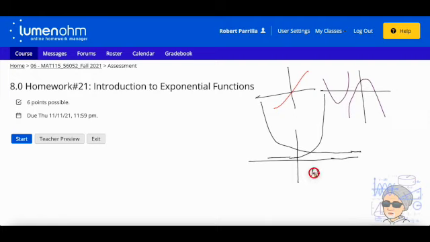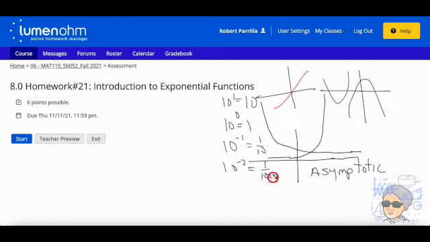And when that happens, we say that it is asymptotic. It's an asymptotic curve because it never quite touches the x-axis at any point. And the reason for that is that it can't, because there's no exponential function. Even if you go down to zero, that's not going to give you a y of zero. You're always going to get some value. Like the lowest you can go, remember the functions: 10 to the first is 10, but 10 to the 0 is going to be 1, and 10 to the negative 1 is going to be 1/10, and 10 to the negative 2 would be 1 over 100, or